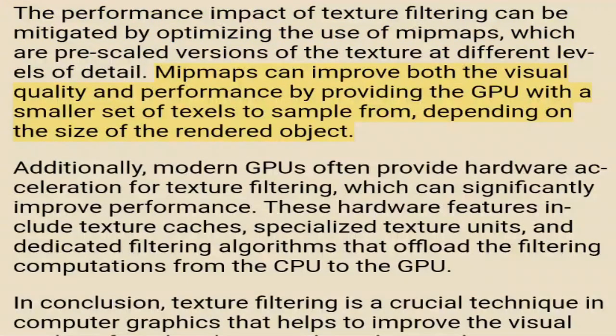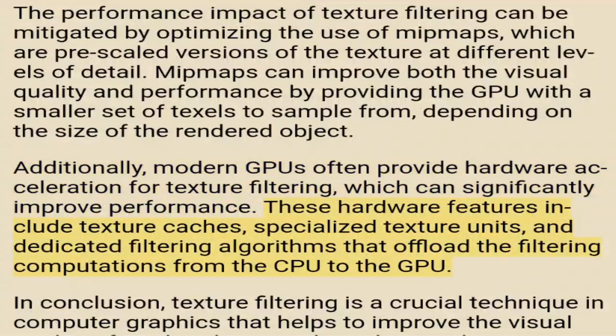MIP maps can improve both the visual quality and performance by providing the GPU with a smaller set of texels to sample from, depending on the size of the rendered object. Additionally, modern GPUs often provide hardware acceleration for texture filtering, which can significantly improve performance. These hardware features include texture caches, specialized texture units, and dedicated filtering algorithms that offload the filtering computations from the